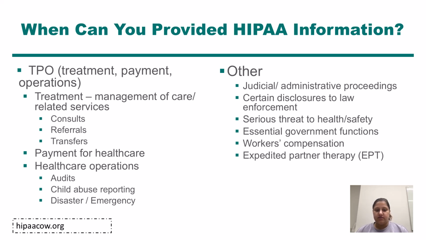In other situations, if there's any legal proceedings, like a subpoena in the judicial or administrative side of things, you can give information up to what is allowed in that subpoena. Certain disclosures to law enforcement, if someone comes in with a fake prescription. Serious threats to health and safety. If someone's threatening to kill themselves, you should be giving up some HIPAA information to protect that patient. And then essential government functions, workers' comp, and the